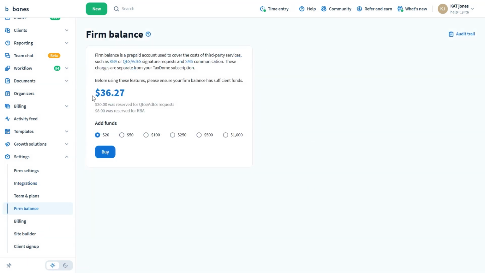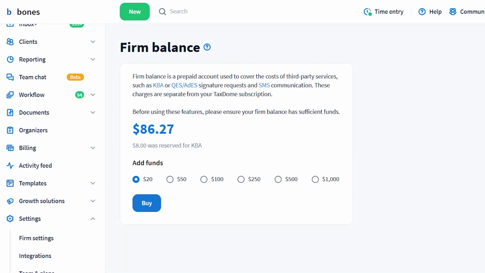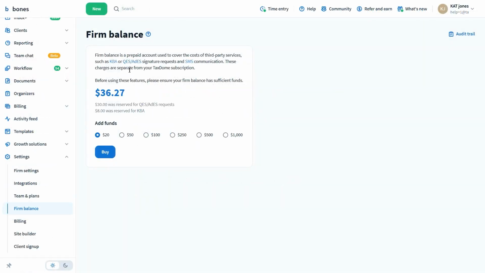Here you can see the amount of funds available. This is the money reserved to ensure that there will be enough funds to pay for e-signatures for all signers once their turn comes. If not used fully, they will be returned to the main balance once the document is fully signed. To add funds, a firm owner, admin, or employee with access rights to charge the firm's balance can